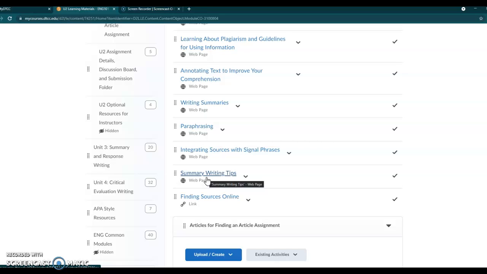I would still like you to read and refer to these articles, but I just want to give you a general idea of what exactly these things mean. Sometimes when we talk about concepts in class, they can feel abstracted from what you're actually going to be doing. So I just want to make it clear why we need to do this in the first place. When you go out in the world and find a source, as you have just done, and you are going to incorporate it into your writing, there's really only three ways to get a source into your writing. You can summarize it in your paper, you can paraphrase it, or you can quote it in